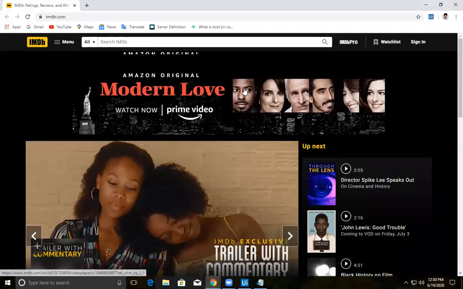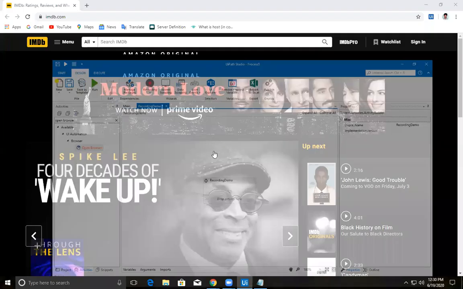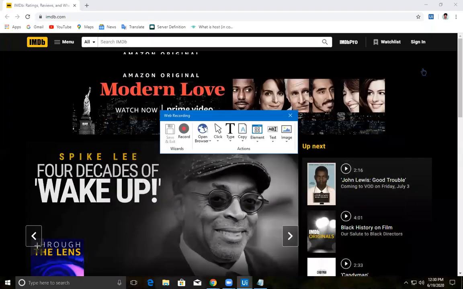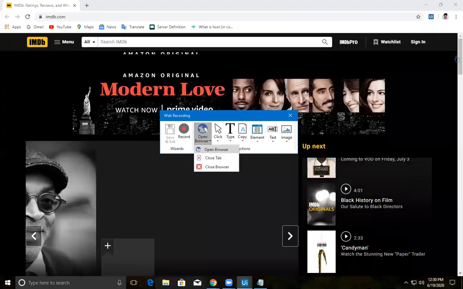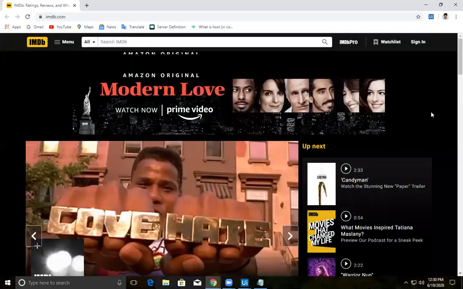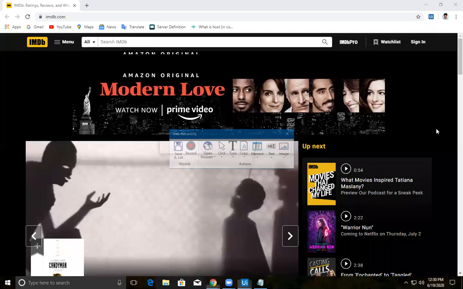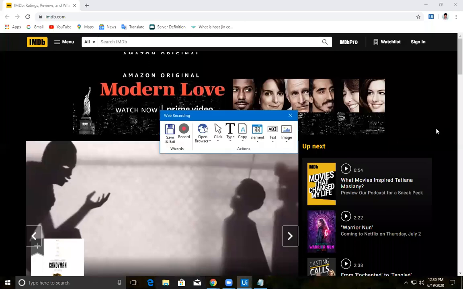Yes, it opened. Fine. Let me do this using the recording. So my Chrome is not getting selected. Yeah, it came. It came here because I've clicked on here. At last.